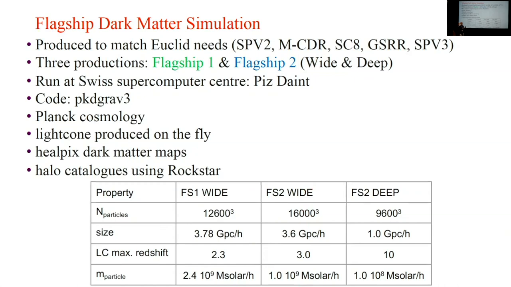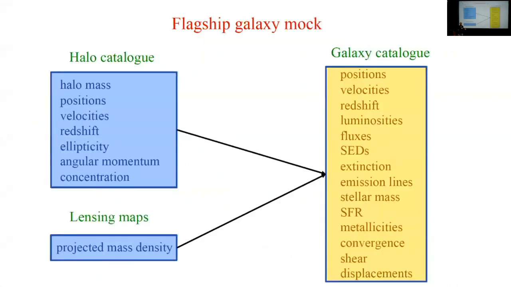So it's 4 trillion particles that is run in a large box, and that's the mass resolution that we have. So what do we want to do? The other thing is that the output from the N-body simulation is relatively large. I think a snapshot of the dark matter is 112 terabytes. So it's hard to work with this amount of data.